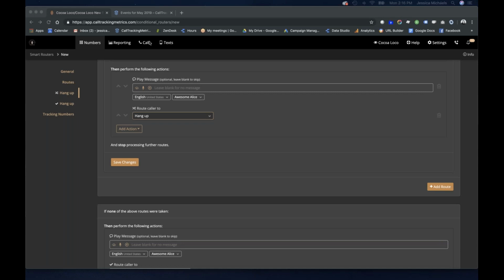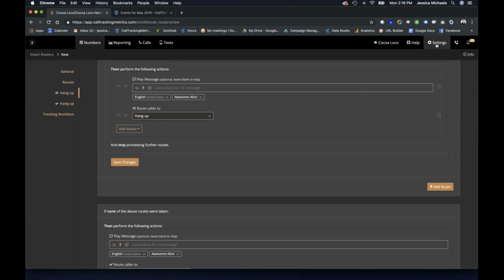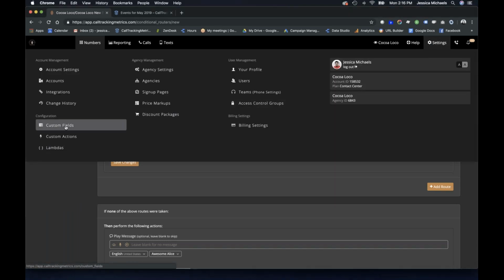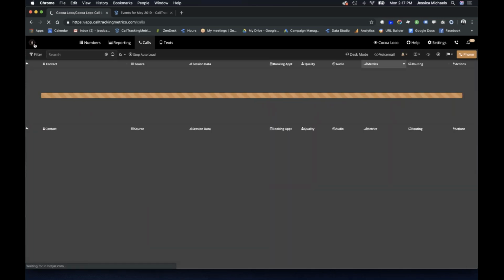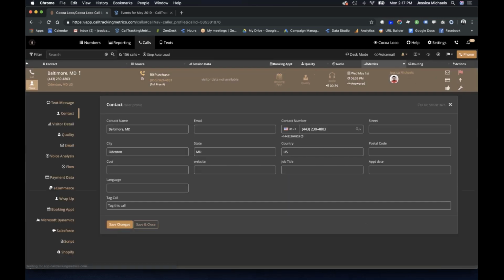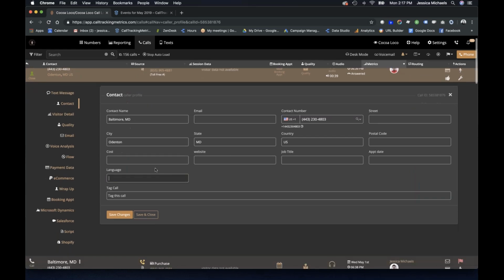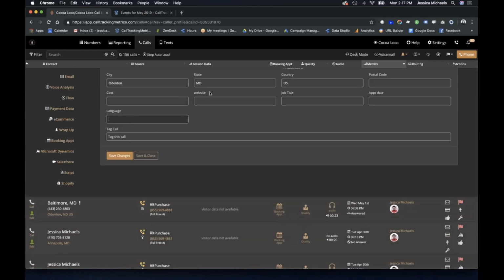Okay. So the first thing I wanted to show you was the custom field. I created a custom field in the contact box to have a language field. I did that kind of quickly. If you go to settings, custom fields, that'll bring you to where I am right now. And here's a list of all the custom contact fields that I have created, and one of them is language. Okay. So if I go to my call log and I open any of these boxes, now we can see I have my custom field of language. I just created this today, so I don't have any filled out yet, but